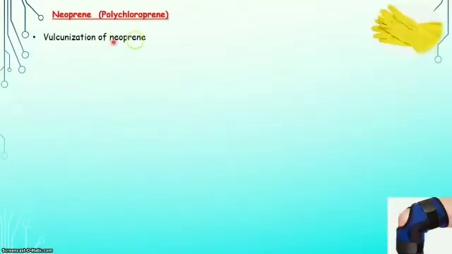Next is vulcanization of neoprene. Students, as we know, vulcanization works by forming cross links between sections of polymeric chain as well as other changes in their mechanical properties of material. The most popular method of vulcanization is by using sulfur, but along with this sulfur, some bifunctional nucleophile, metal oxides like a zinc oxide or magnesium oxide, and thiourea are also used to cross-link the individual polymeric chain.